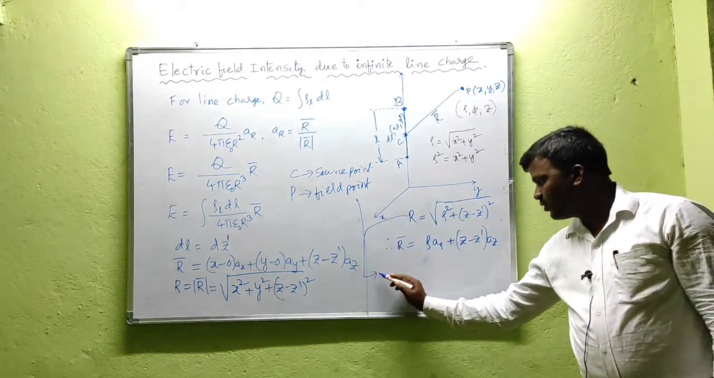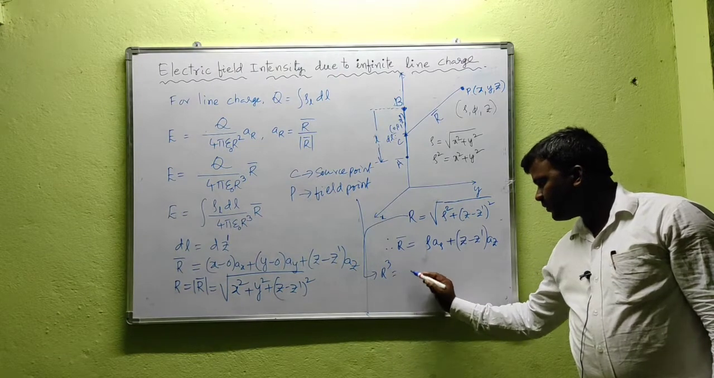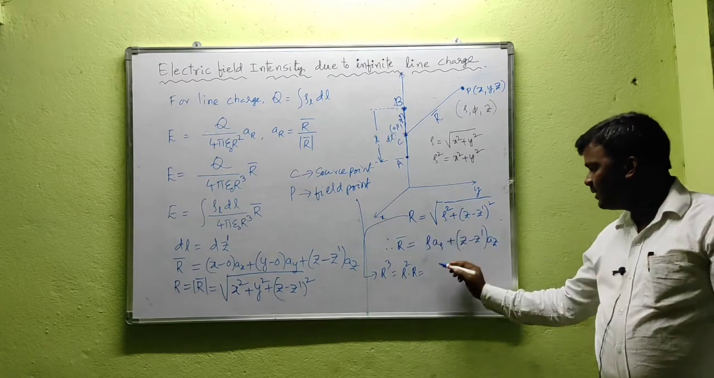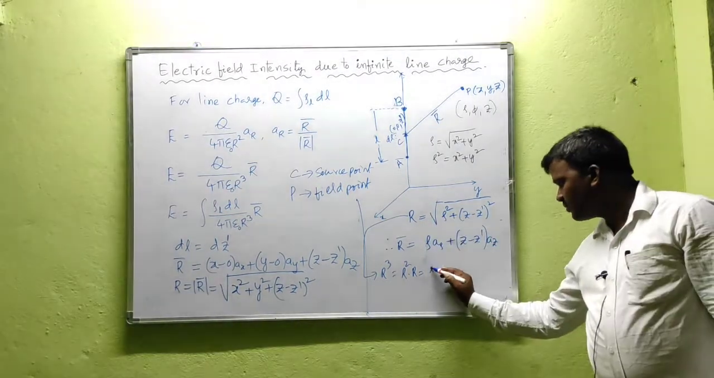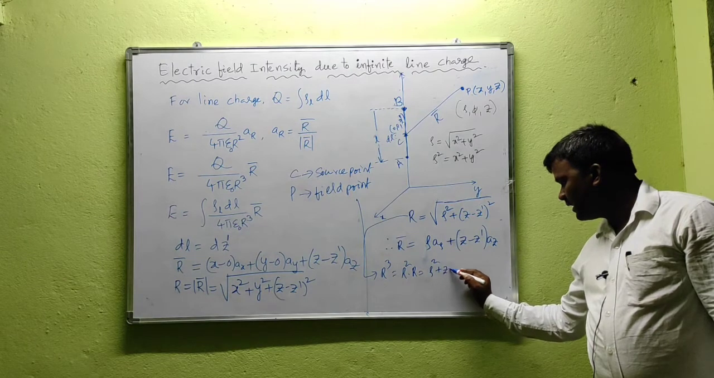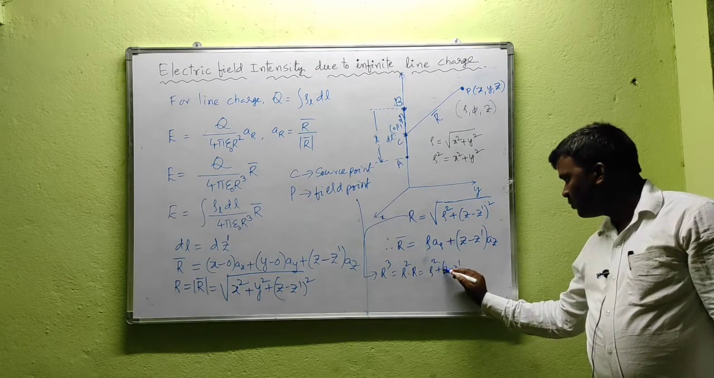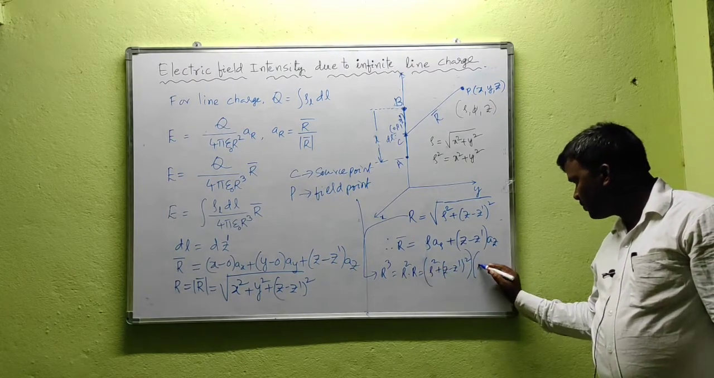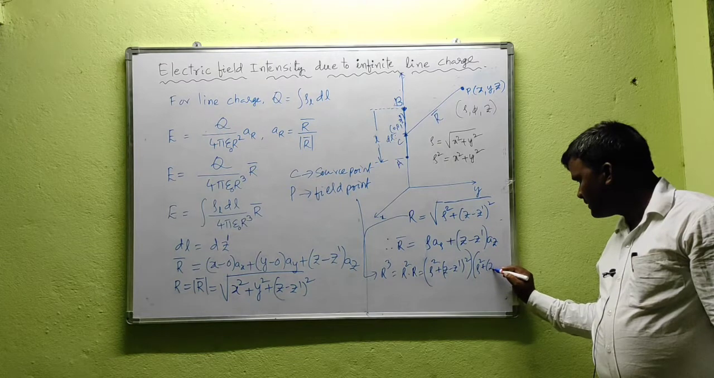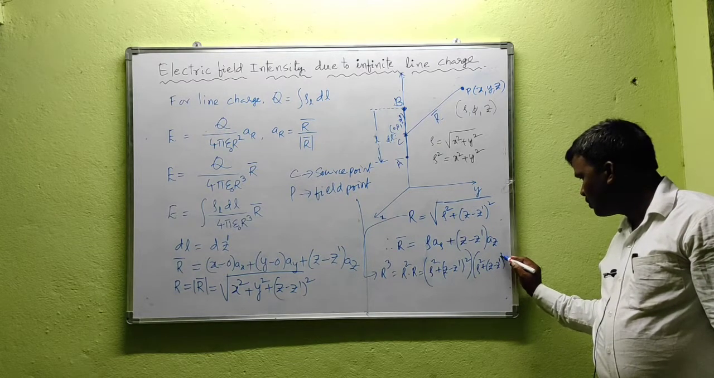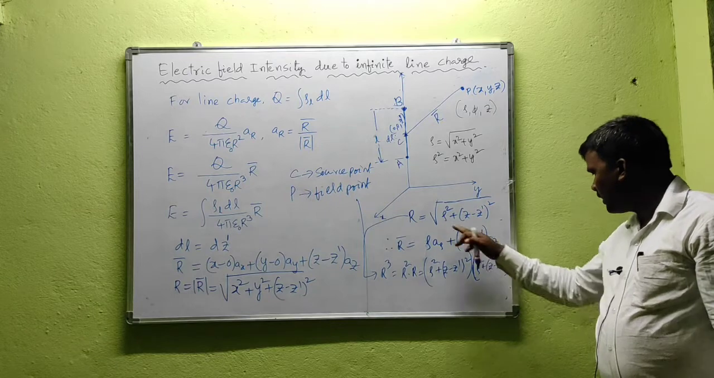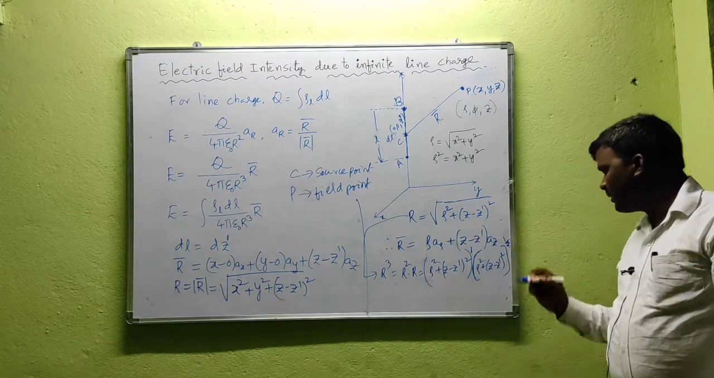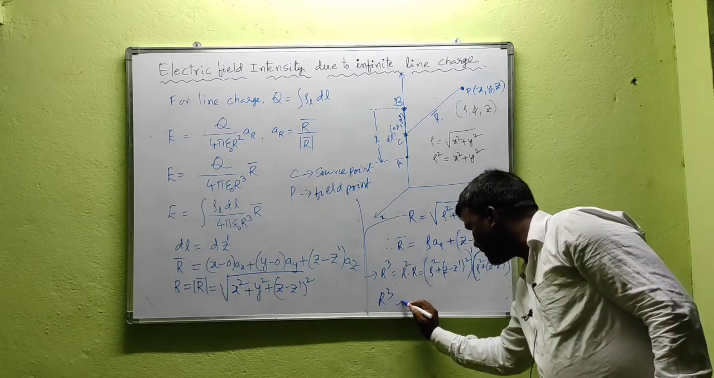From this we can write r cube. R cube can be written as r square into r. What about r square? The square and the root cancel out, so we get rho square plus z minus z dash whole square, into r, which is rho square plus z minus z dash whole square under root, that is, whole power 1 by 2. Finally we can write this r cube as